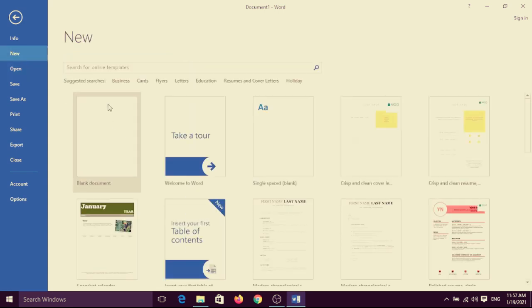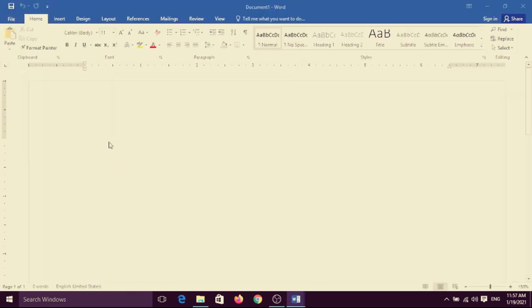See, now it is displaying the list of icons. And now click the blank document icon, which is the very first option, and a blank document opens and is ready to accept your text or images or objects.